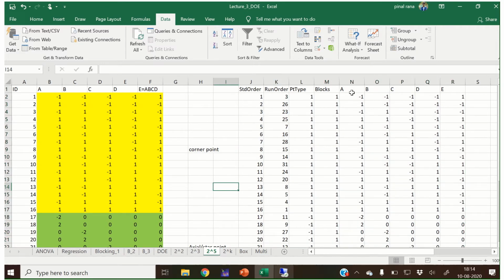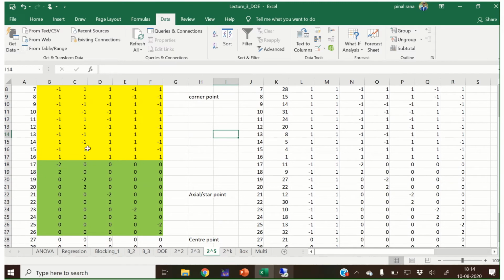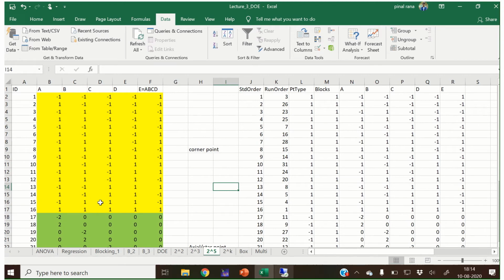Now we can see over here, the 5 variable half factorial design will give you this kind of data, which is the same as what we have created using that Excel data. Okay, so I hope you understand this thing. I hope you understand how we can create a central composite design in Excel as well as in Minitab.